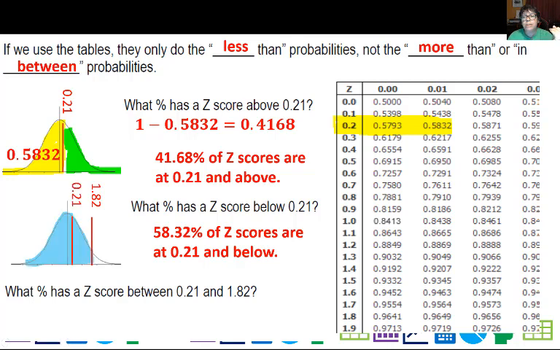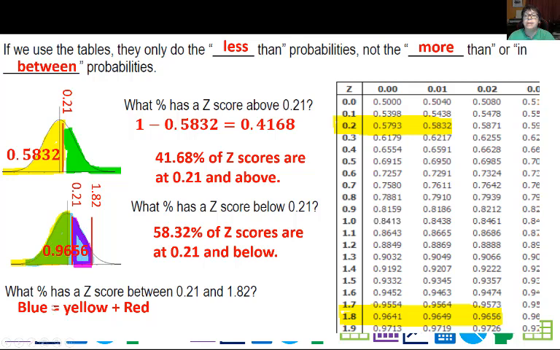And remember, that was the area that was the 0.9656. Then we have 0.21 right there, and that's this area, the yellow area above. So I have 0.9656 for the whole blue area, 0.5832 for the yellow, but I'm looking for this reddish purple area. It's really red. So blue is the yellow plus the red. When I put the yellow and the red together, I get the blue area.